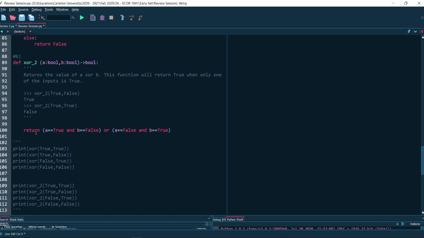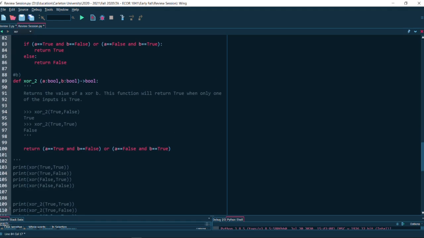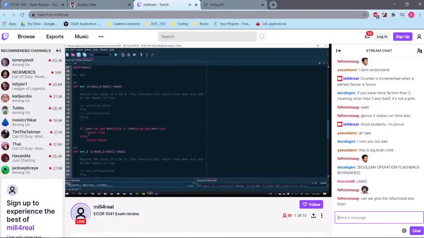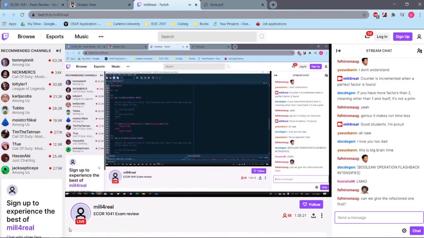But the moment that you have anything other than a boolean value in your inputs, you can't do this. Let's say your return values were integers, or let's say you wanted to return the bigger one or things like that, you can't refactor that because the comparisons will just give you true and false. They won't give you the actual values. So this is kind of all I had to say about for loops and while loops. I know it's a tricky subject, so I can answer any questions if you guys have.